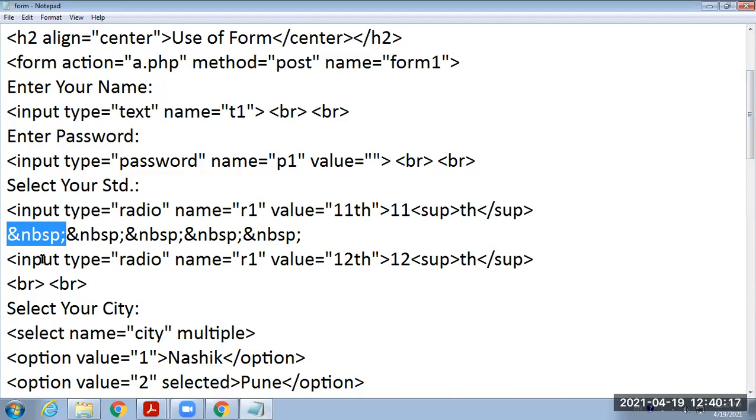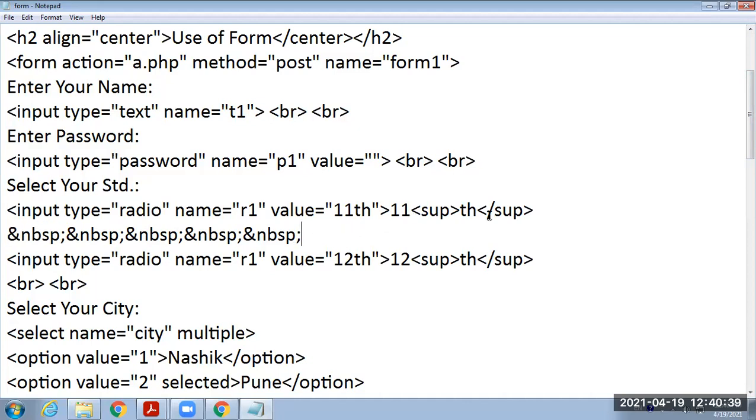It is the special character in the HTML format to display a single blank space or a single white space. Single white space can be displayed by using this ampersand nbsp semicolon. But remember that it must be in the small case.